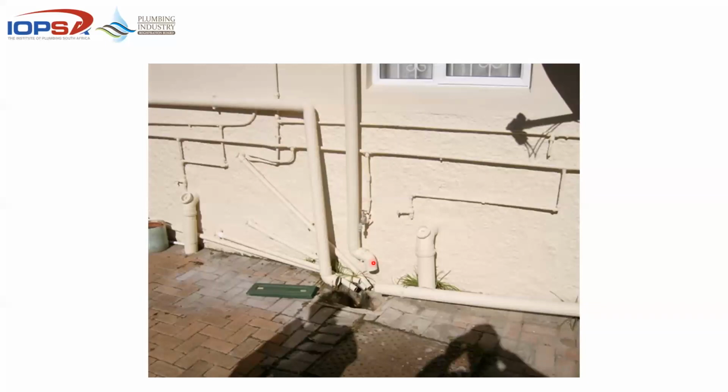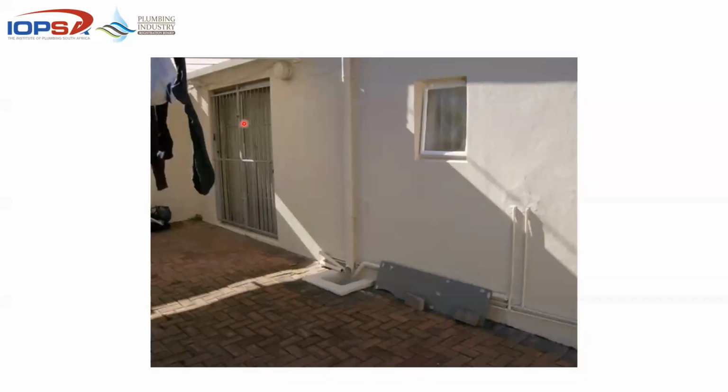Here you can see 1, 2, 3 downpipes. For the guys amongst us that have done these gutters, you can imagine the distance these downpipes have to travel if you have 3 downpipes discharging in one place. It might be flat, might be whatever reason. Here we've got 3. You end up having a nice enclosed courtyard with a gully in there,